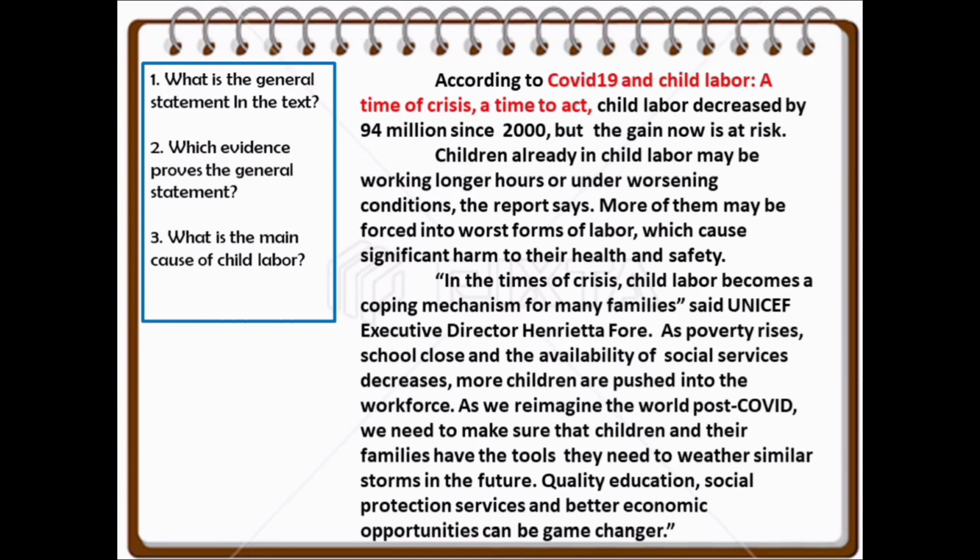As poverty rises, schools close and the availability of social services decreases, more children are pushed into the workforce. As we reimagine the world post-COVID, we need to make sure that children and their families have the tools they need to weather similar storms in the future. Quality education, social protection services, and better economic opportunities can be game changers.